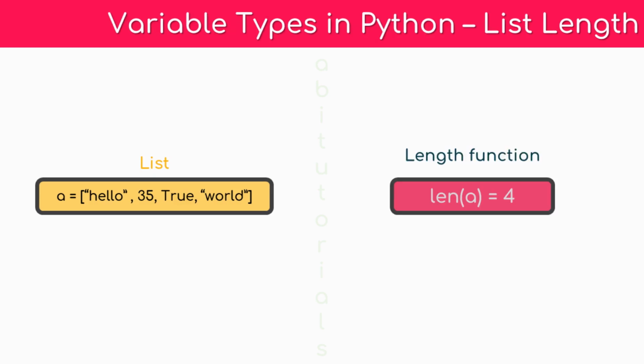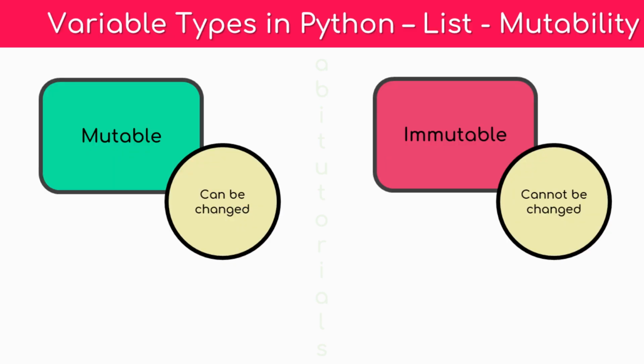We also have a function named len for the list element, which will provide the total number of items available in the list. Since there are 4 items in the list A, the function len of A will give you the output as 4. Mutable and immutable is a common terminology used in Python. In simple words, if a variable is mutable, then its value can be changed. If it is immutable, then its content cannot be modified. In Python, a list variable is mutable because the content of a list can be modified.